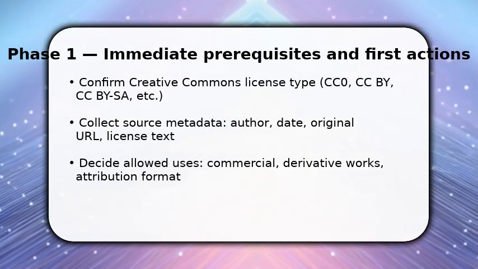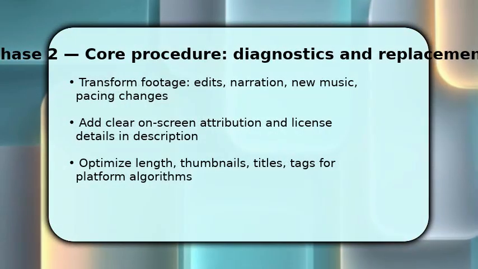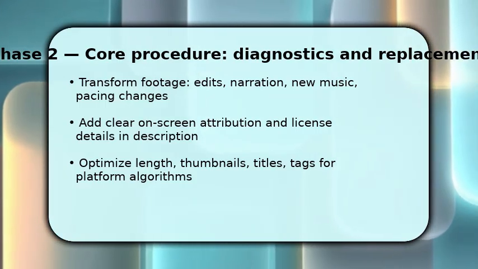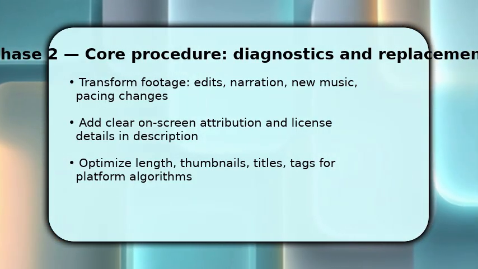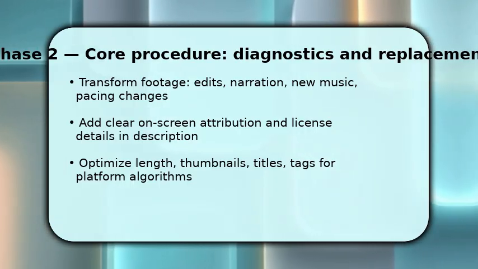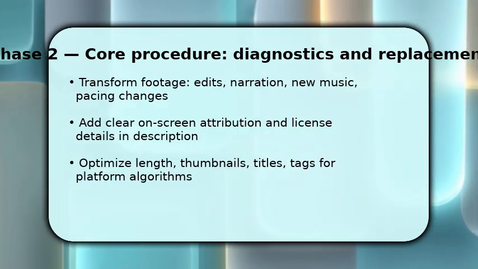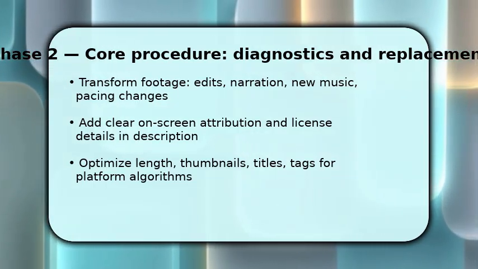Once your license is confirmed, produce a version that qualifies as new content. You should perform substantial edits, reorganize clips, add original voiceover, new music that you own or license, and graphics. This demonstrates added value. Make sure to include on-screen attribution and a full license note in the description so platforms